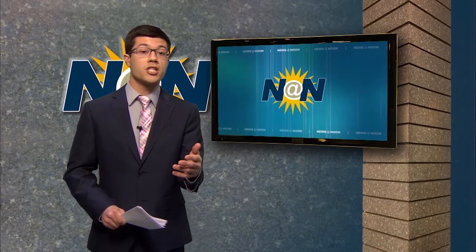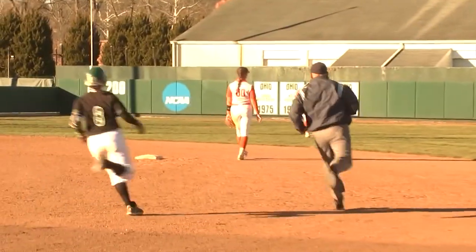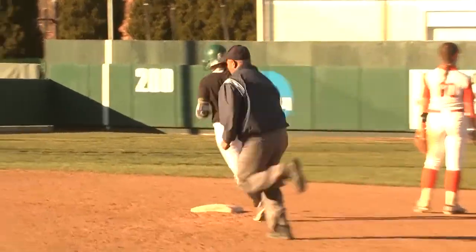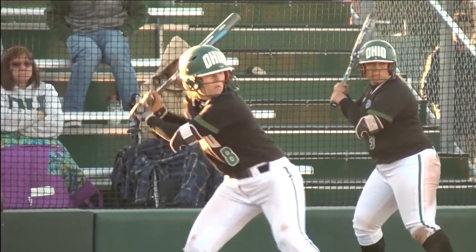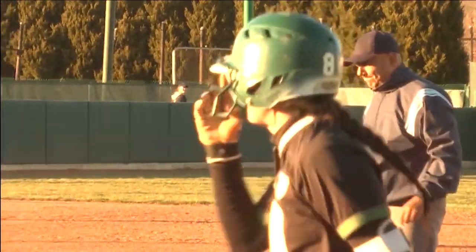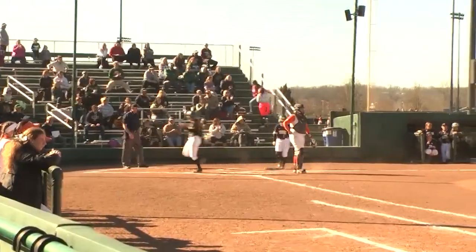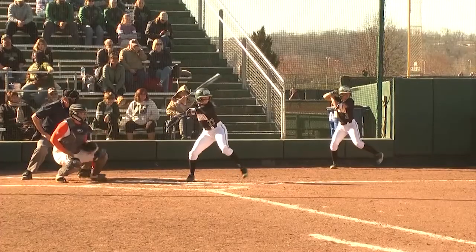From baseball to softball, Ohio's softball team will also play away from Athens this weekend. The Bobcats will travel up to Mount Pleasant, Michigan for a 3-game series with the Central Michigan Chippewas. Ohio is 6-2 in the MAC, trailing only Ball State in the Mid-American Conference standings. The Cats are hitting .310, which ranks 1st in the MAC and 29th in the nation. For CMU, it's been the opposite. The Chippewas are 5 games under 500 this season and are hitting just .245, which ranks 10th out of 11 teams in the Mid-American Conference.